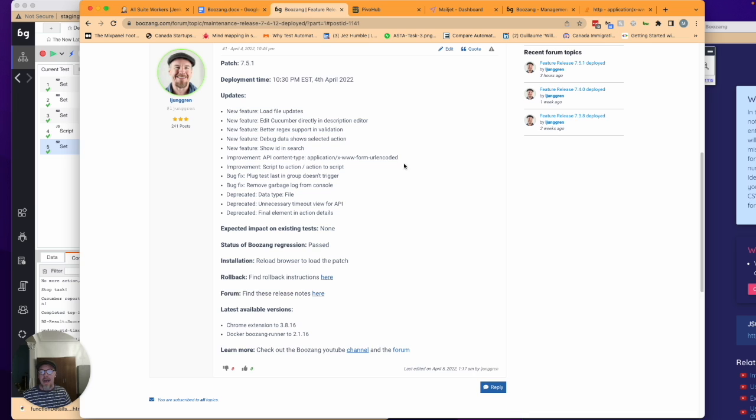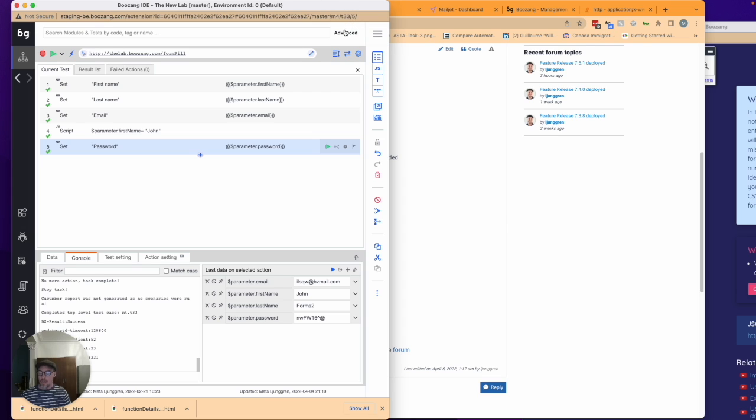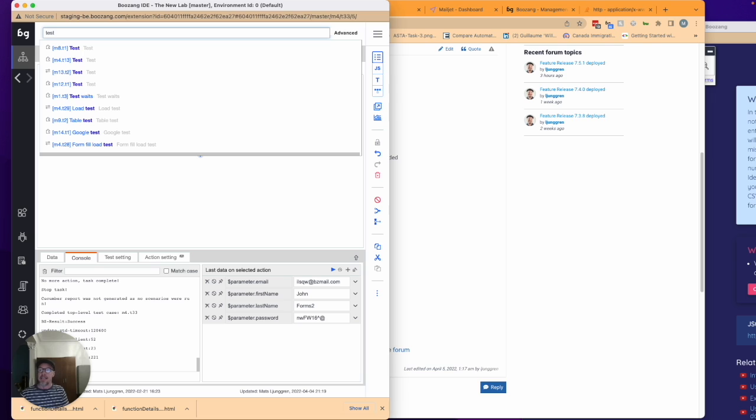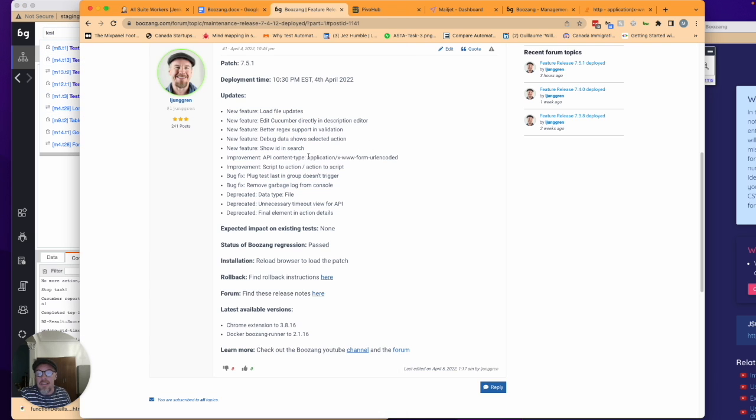What else do we have? We added the ID to the search. When you search here, you now also show the test ID in the search. Helps you a little bit. We added the www form URL encoder as a content type for API tests. And we updated a couple of bugs with